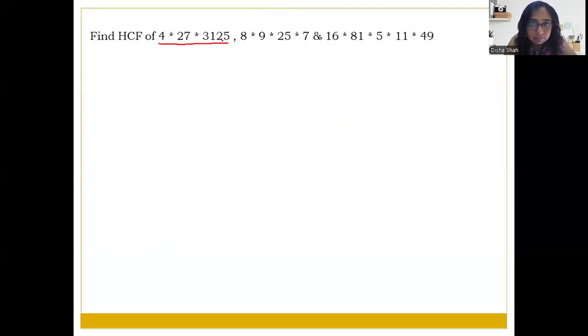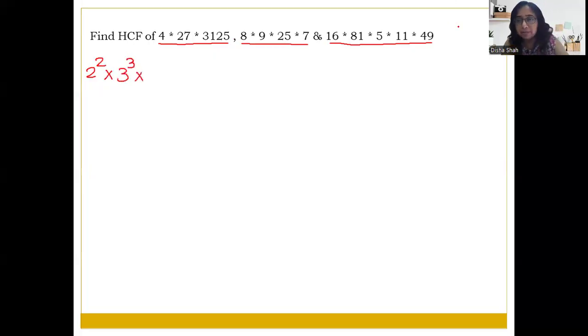This is one number, this is second, and this is third one. इसका निकालना है HCF, तो once again इसके टुकड़े ही करने पड़ेंगे। So 4 into 27 into 3125. 4 can be written as 2 square, 27 can be written as 3 cube, and 3125, so we know कि 625 into 5 कितना होता है, yes this is 3125, और 625 क्या है, 625 is 5 raised to 4, so basically 3125 is 5 raised to 5।